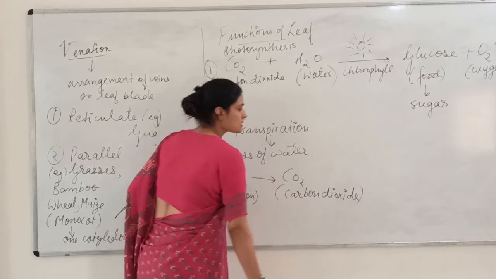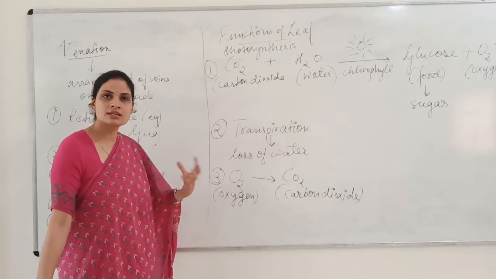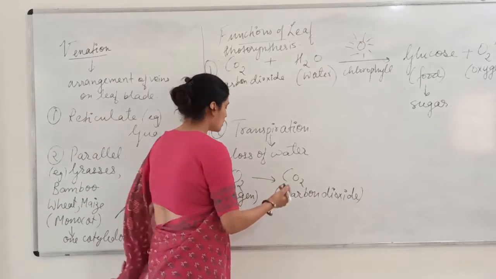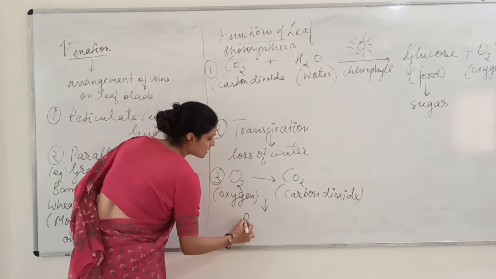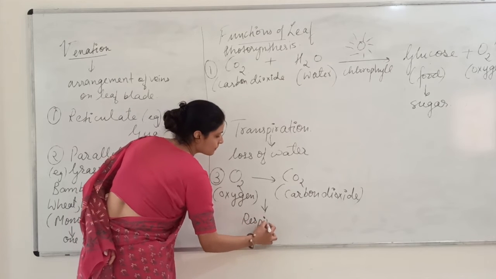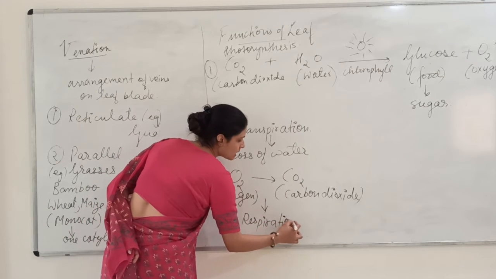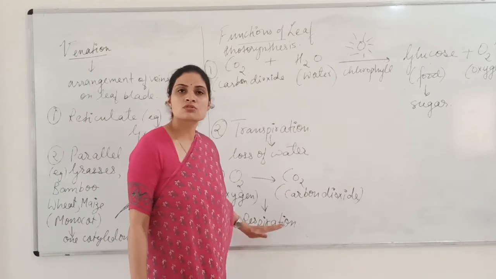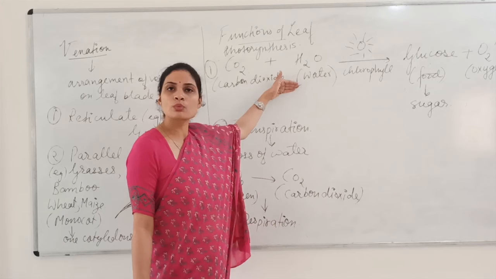So this process where oxygen is utilized by the plants and carbon dioxide is released out is called respiration. So the plant, or we can say the leaf, performs the process of respiration along with the process